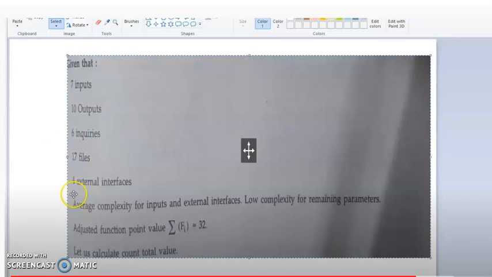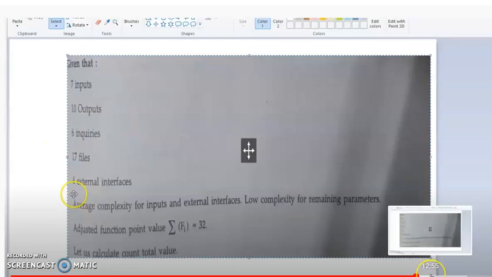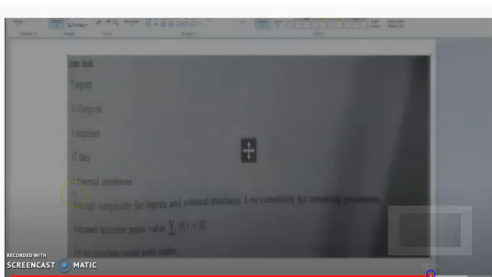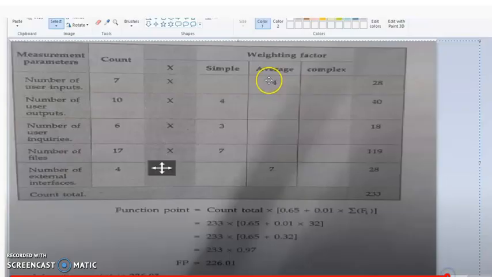In this example, given that input and external interface function point attributes are of average value.